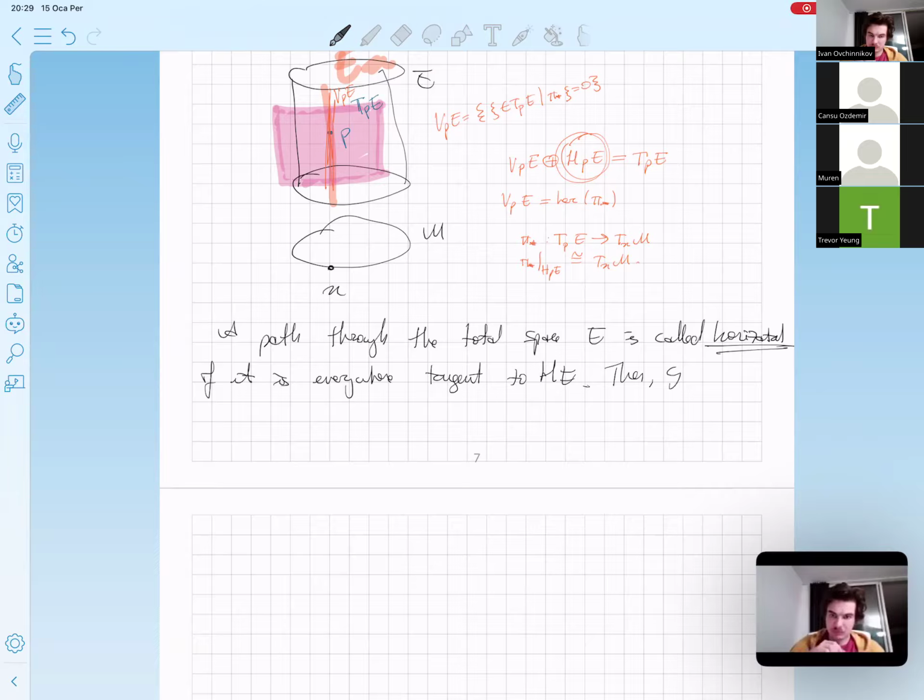Then, given x0 in M and p0 in E_x0, any path